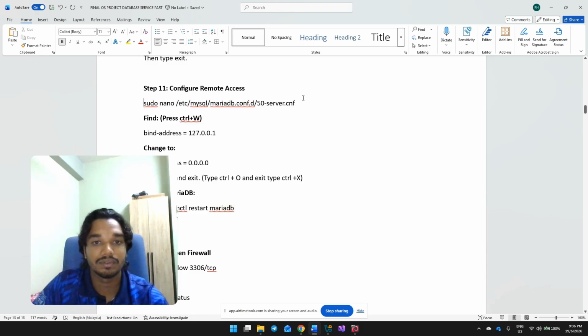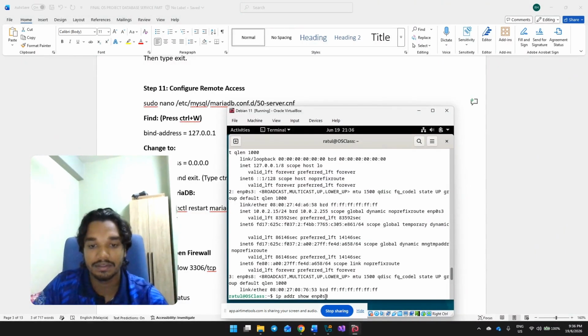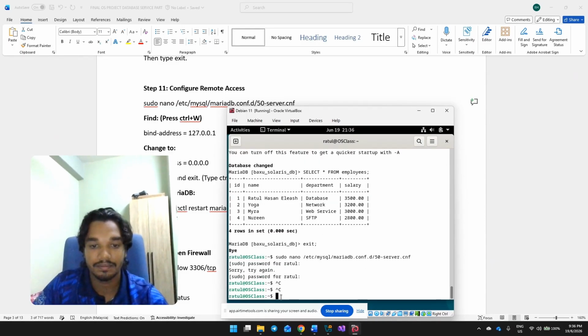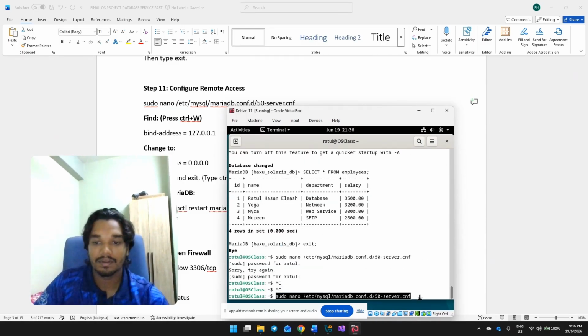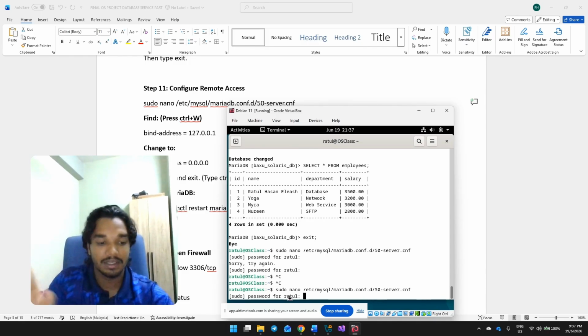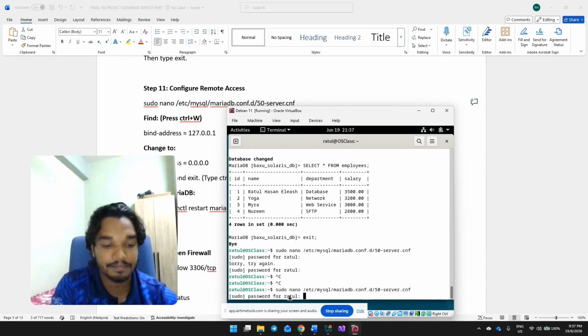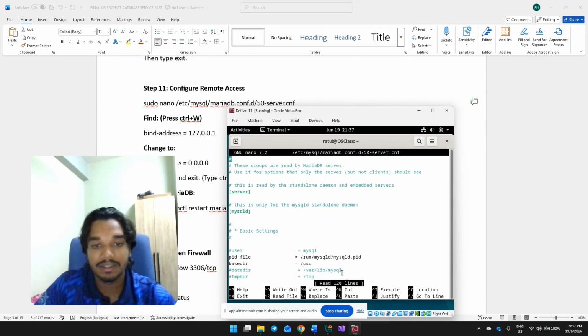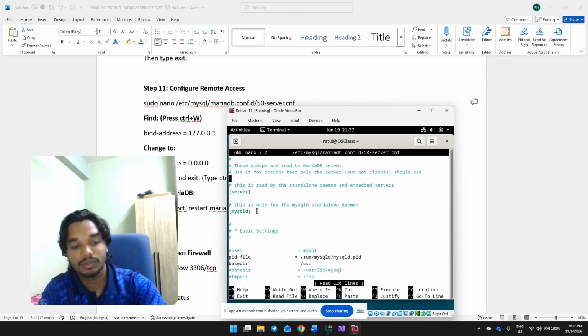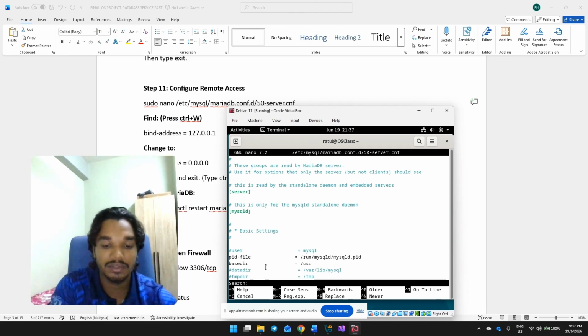This code. Copy and paste. Then you can see I have to put my password. Okay, then you can see the editor interface. Then I have to press Control W, and I have to search for bind address,